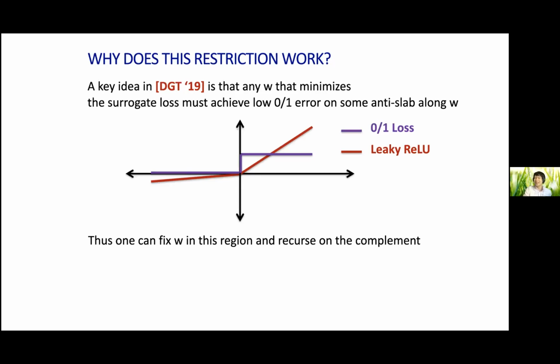That's good because if you can find some predictor which is good on a small set of your data, you can just fix your prediction on that set. So for the geometric region of points where W dot X is large, you fix your predicted labels to be the sign of W dot X. Then you just have a Massart learning problem to learn on the complement of that region. So you can do some recursive thing and get a predictor which is good on the entire space. That idea very clearly leads to an improper learning algorithm, because you get some kind of lopsided decision tree.